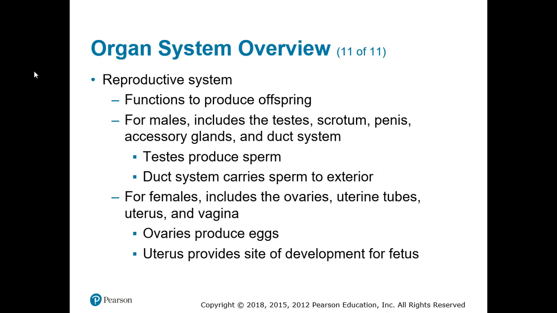Within the uterine tubes, this is where an egg can meet a sperm and get fertilized. It will travel down those uterine tubes where it will eventually implant in the uterus. And if there's a successful implantation, a fetus begins to develop. And once the fetus has cooked in the mother long enough, it will be delivered through the vagina, which is the opening to the woman's